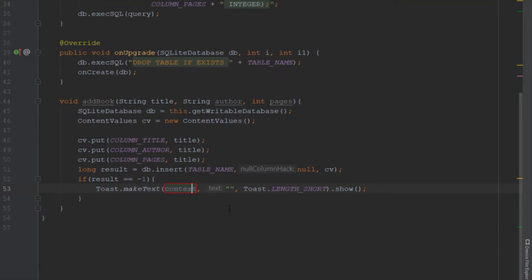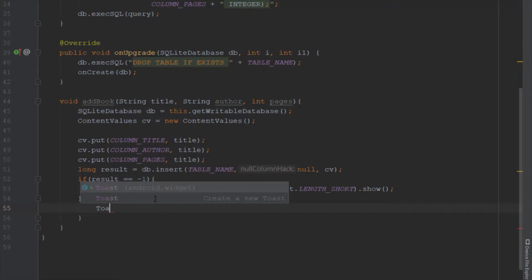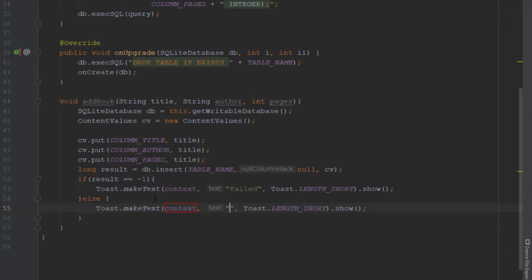Here we're going to set, for example, Failed, just a simple message. And in the else block we're going to say Success,